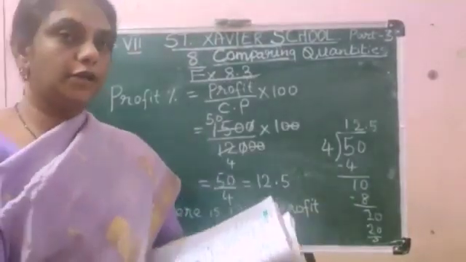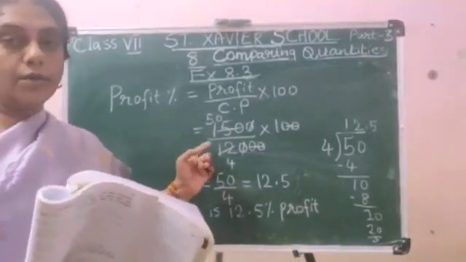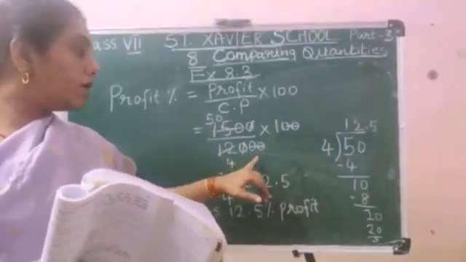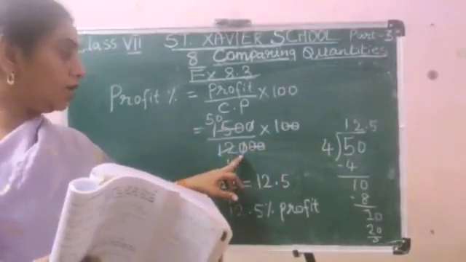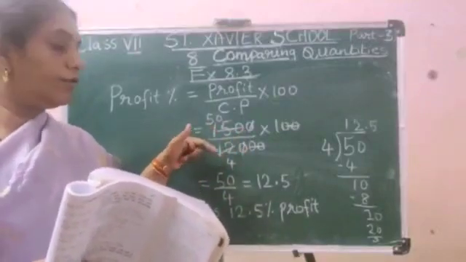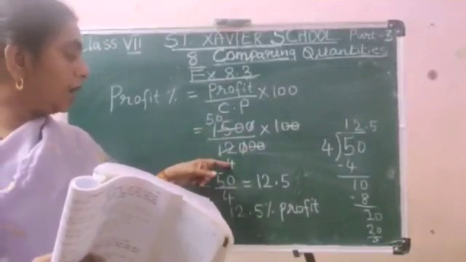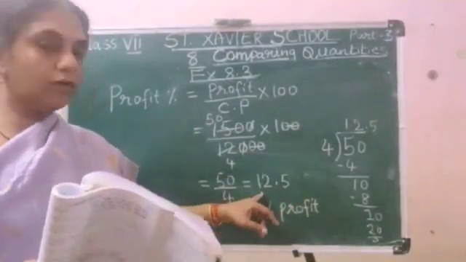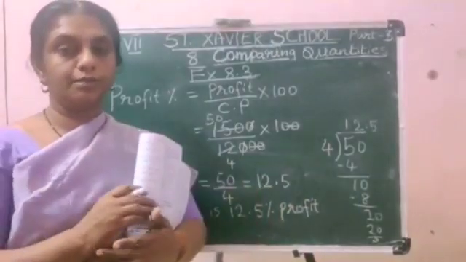Now profit percentage equals profit by cost price into 100. The profit we got is rupees 1,500. So 1,500 divided by 12,000 into 100. The 2 zeros in the 100 and 2 zeros in 12,000 are simplified. One 0 in 120 and 1,500. So we are left with 150 by 12. In the 3 table, it becomes 5, 3 fives are 15, and 12 is 4, 3 fours are 12. So 50 by 4. When you divide 50 by 4 you get 12.5. Therefore the profit is 12.5%.